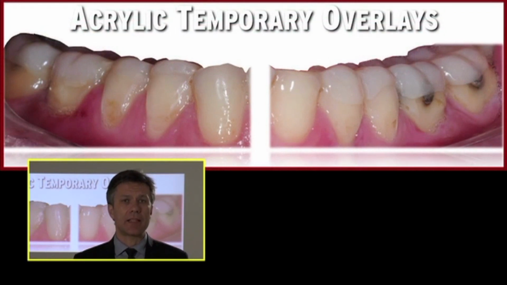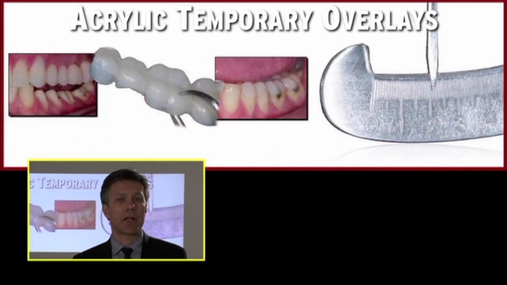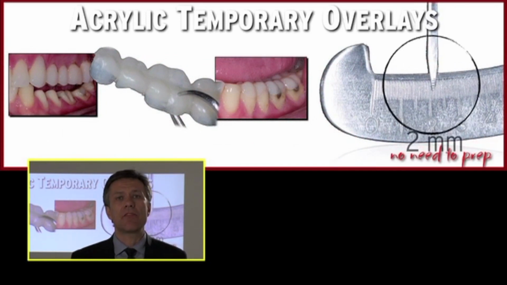Here we can see that as we increase the vertical, we didn't have to do the preparation on the occlusal surface. We did these acrylic temporary overlays to give the support for the mandible to restore a proper maxillomandibular relationship. And if you take these acrylic temporary overlays off, we can measure it, and you can see that you already have 2 millimeters. So we didn't have to touch my occlusal surface, which is very good